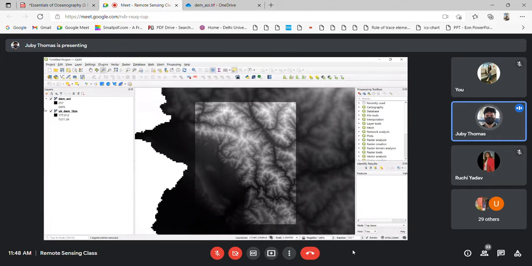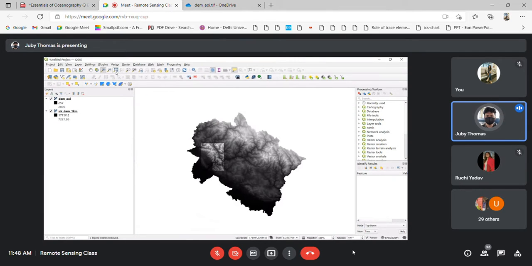So I have opened two TIFF files, two raster files. These are the digital elevation models of Uttarakhand. The first one is this one, the one you are seeing on the screen. This is a digital elevation model of the Uttarakhand region, and